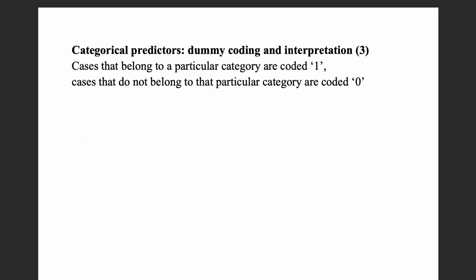So how do we create these dummy variables? What we're going to do is, for each of our categories, we are going to create a dummy variable, and cases that belong to the category that this dummy variable is supposed to capture, we're going to give them the value 1. And the cases that do not belong to that particular category, we will give them the value 0. So let's start with a super simple example, and I'm going to do one that's a bit controversial,